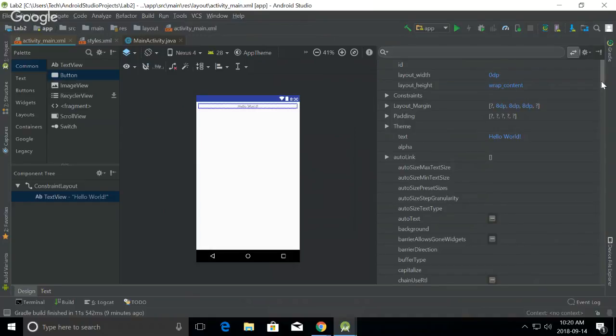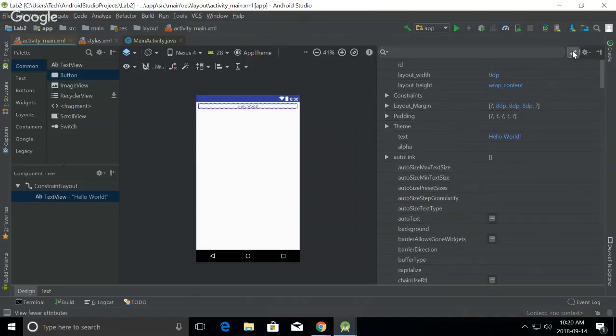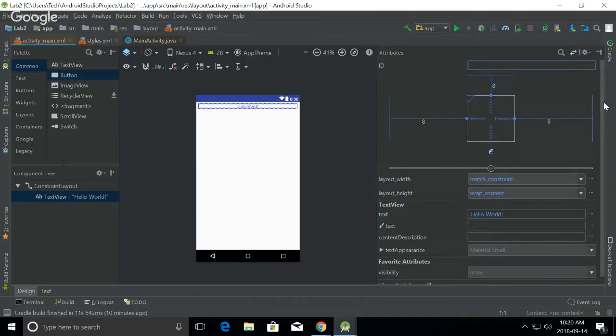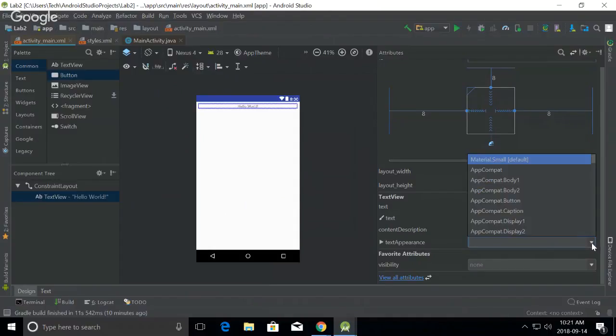This view can also change the size of the text and so on. You can do it in a few ways. You can either manually specify size, font, color, and so on, or you can use one of the templates, one of the styles that are predefined. And there is a property called text appearance here. From the combo, you can select different